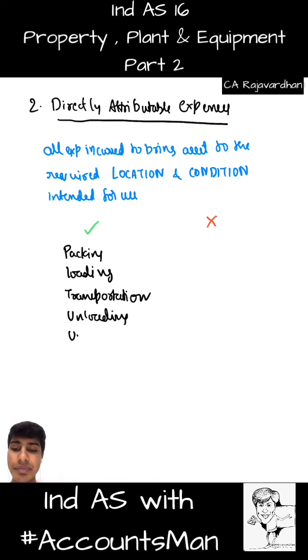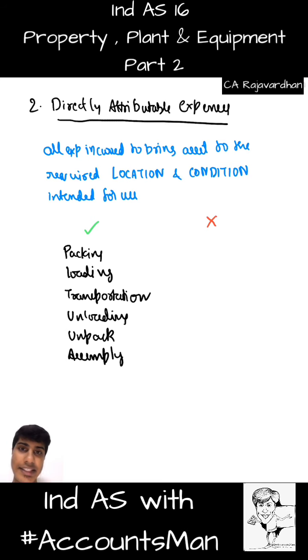After I unload it, it's all packed. I need to unpack it. This is not a gift that you'll get on your birthday that you'll tear open. It might be very toughly packed so that the asset will not get damaged. So unpacking also might incur some cost. After unpacking, it is not like you buy one machinery and it is sent to you in one piece. It might be sold to you in separate pieces. You need to read the manual and then you need to fix it. And this is not a toy car that you'll fix by yourself. You might need engineering help. You might need an architect or professional help to fix that specific asset. So assembly